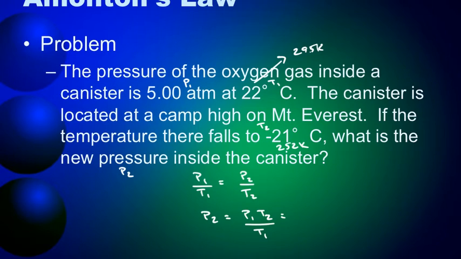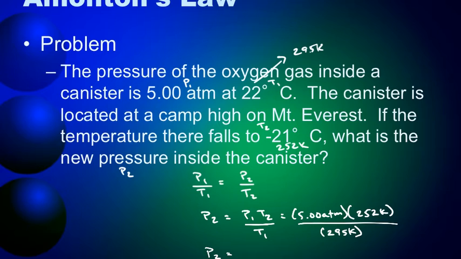So P1 is 5.00 atmospheres, T2 is 252 Kelvin, all divided by T1 of 295 Kelvin. You get 5 times 252 divided by 295, which to three significant figures is